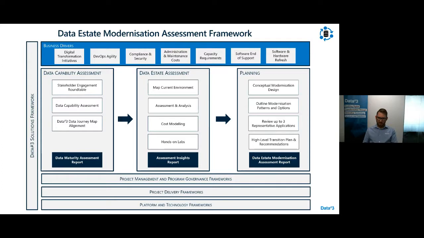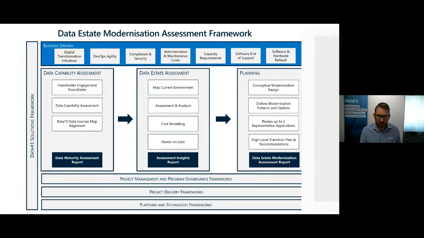And then finally, in that planning phase, we take away understanding around what you can achieve, build a bit of conceptual design, look at some of those patterns that are relevant for you, review some applications that are representative, and understand how an approach would work. We put a high-level transition plan together as well. We've done a few of those now, and that can help with some of the planning piece before you get towards migration. So you can use that to think about what might be important for you as well. So this stage,